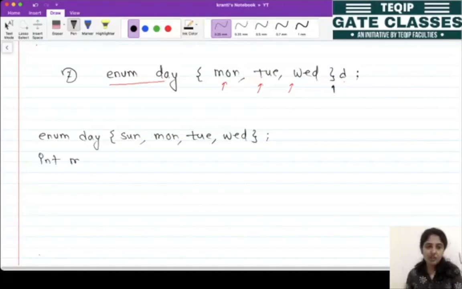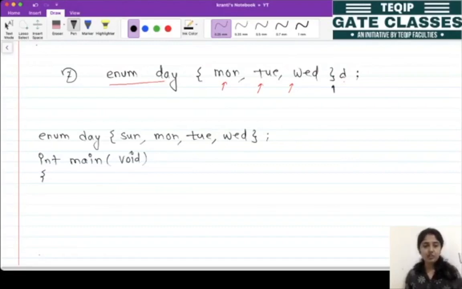So remember one thing, same like our structure, we can declare this enumeration or enum data type inside the main or outside the main, ठीक है, or inside any function or outside any function. So when enum is defined and declared inside any function, that will act as local to that function, so we cannot access that enum outside that function. Okay, and when we declare any enum outside all the functions, that enum acts like a global variable or the global function. So all the functions which are available can access that enum.